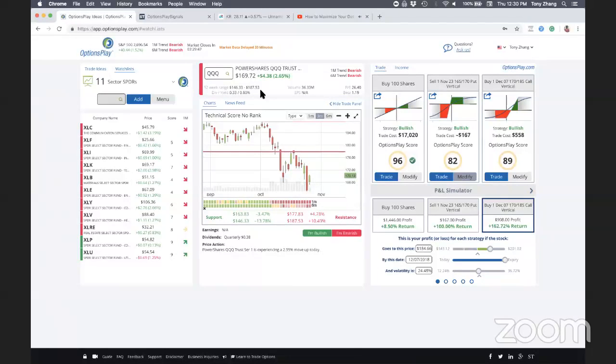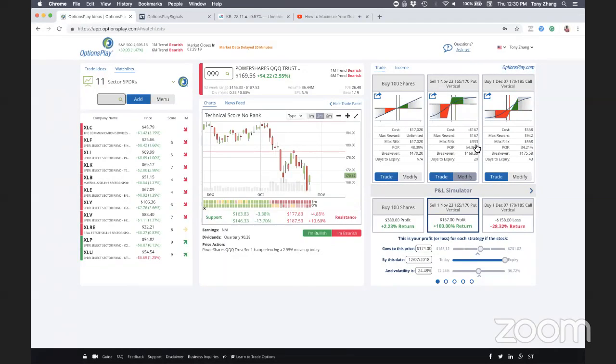So let's take a look at this. It's trading at 169 right now. What happens if after a while it just trades sideways or within a range, let's say between 170 and 176? So let's say it stays at 174 or so at expiration. As you can see, if the stock moves to 174 at expiration, if I bought the stock, I make a 2% return. If I sold this credit spread, I received the full credit of $1.67 while risking $333, so a 2-to-1 risk to reward ratio, but I keep all $167 as my credit.